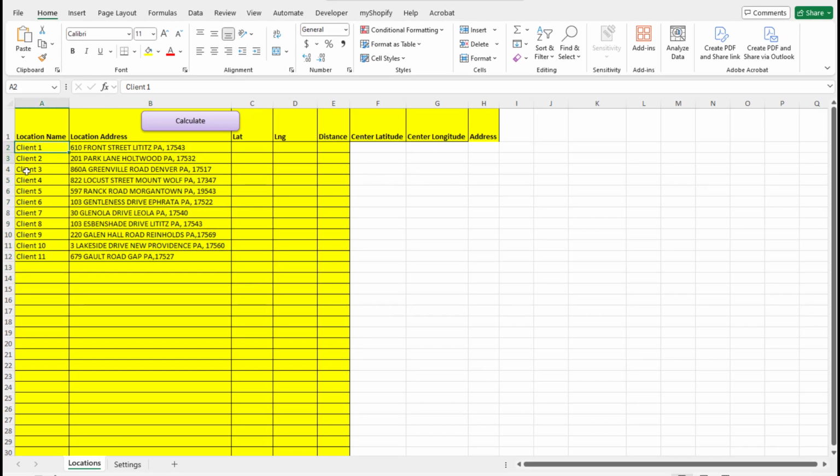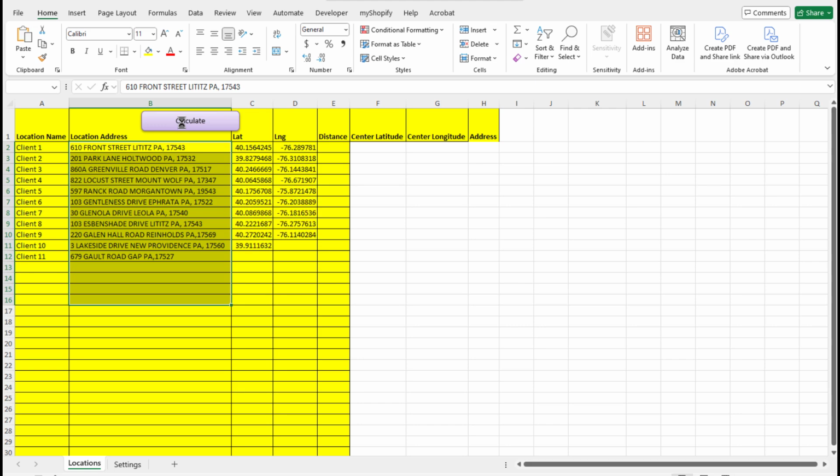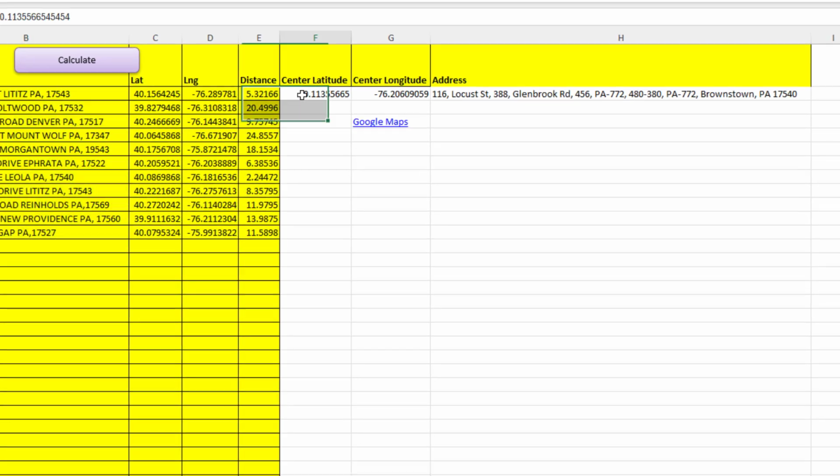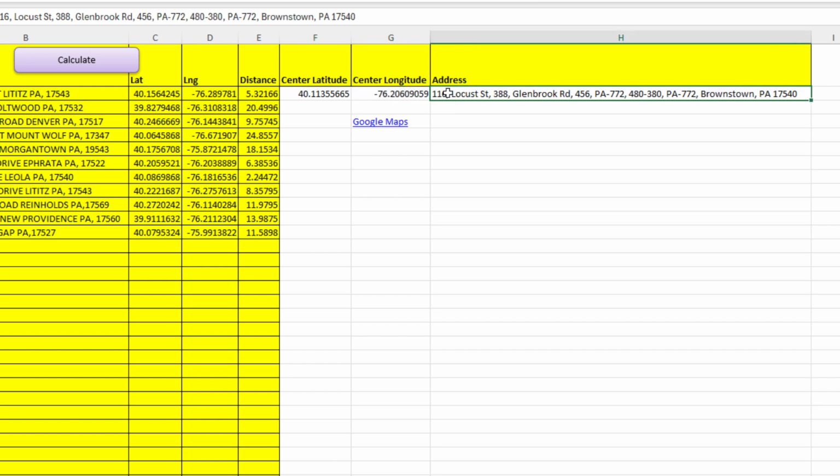Once you do that, we'll list our list of clients. That's not required, but it's helpful to know which address is which client. We put a list of our locations and click on calculate. As you can see, the tool will automatically generate a latitude and longitude of that central location along with an address. Now, the address will not always be an exact address because obviously it's just a geographical point, but the tool will try to find the closest address to